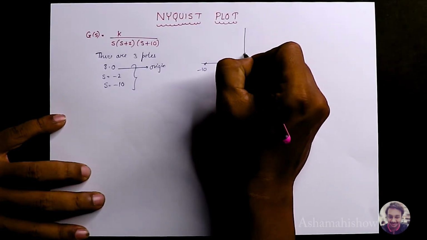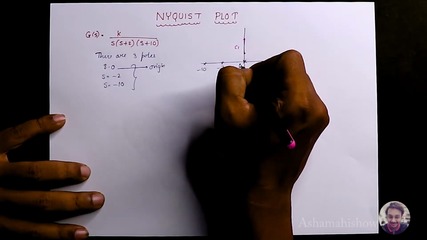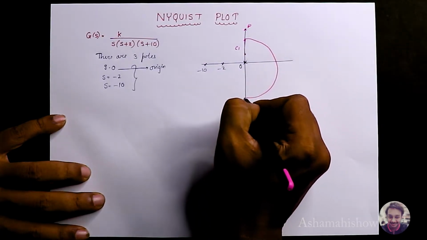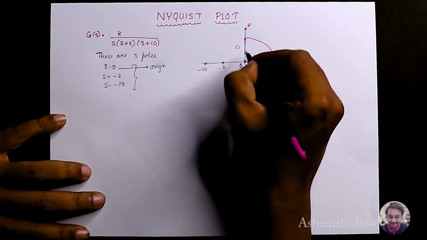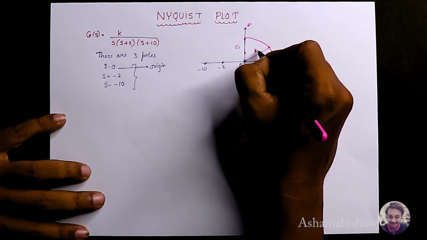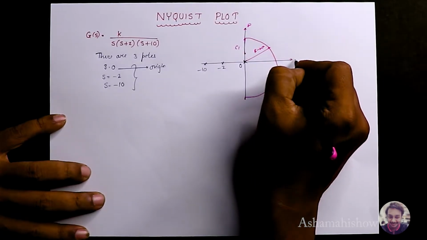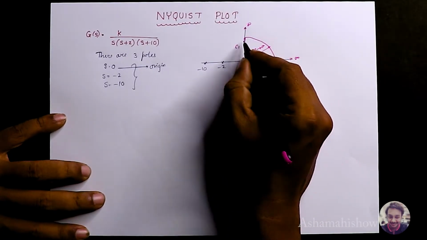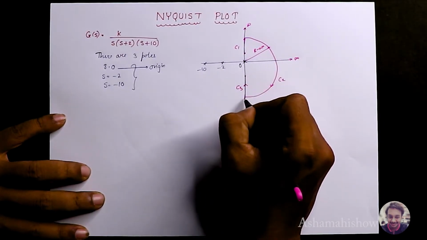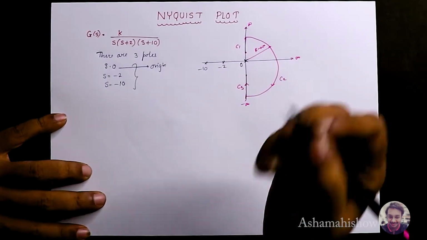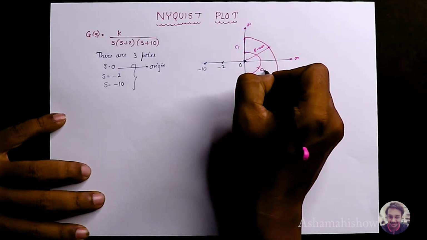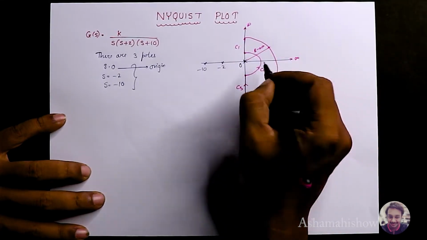It will start from here, which is C1, where omega goes from 0 to infinity, and then there is an arc which is C2. That covers the entire right half of the plane, and for it your radius tends to infinity because your arc is tending to infinity here. From here your C3 should be the exact mirror image of C1. So this is C3, where it goes from minus infinity to 0, and to close the loop we have another section, C4, where it goes from minus infinity to plus infinity.